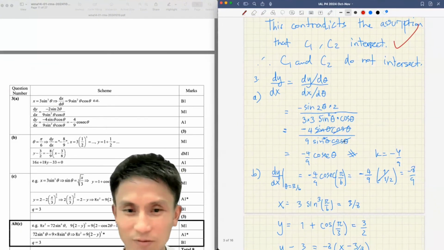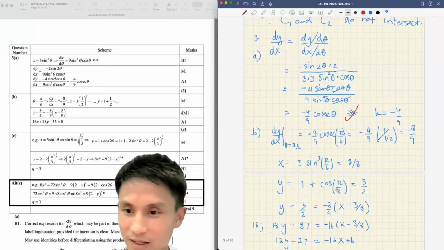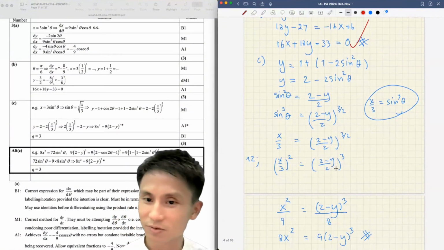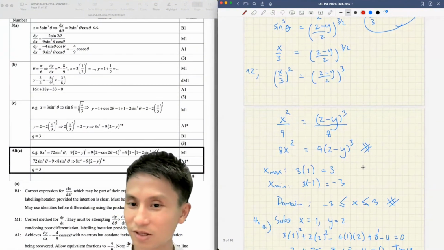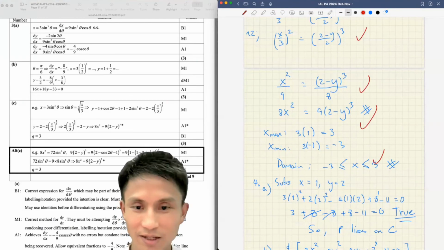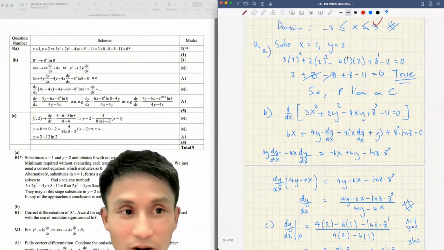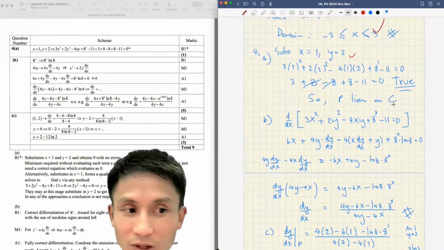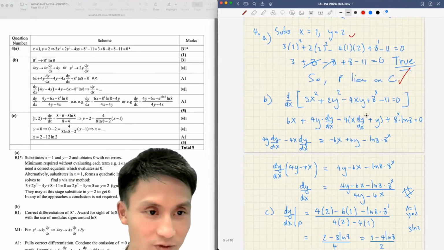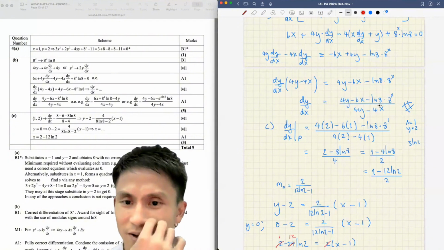Number 3, yeah, we proved dy by dx to be that. And then, okay, that's still fine. C, yeah, I didn't manage to, wait, hang on. Oh, this is fine, yeah, 3 minus 3. Okay, that should all be correct. Number 4, 1 is 2, so it lies on C because we proved that to be so. And then we managed to do the derivative, find the dy by dx here. Everything looks fine except